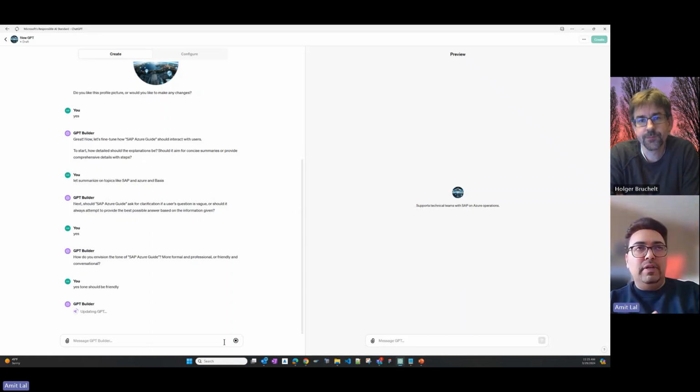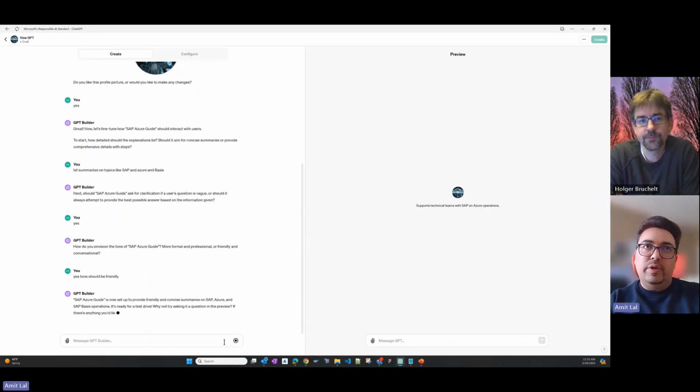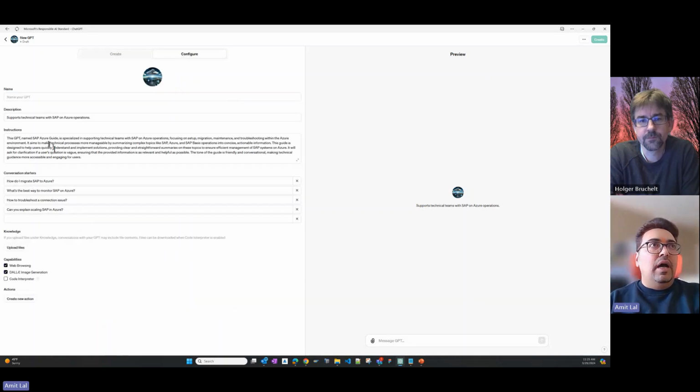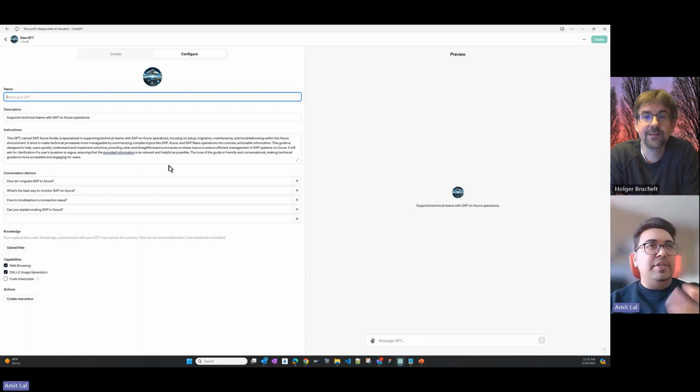Once you kick off, it starts asking questions on the particular domain. It can be any domain. You can create on Power Apps. You can create on Azure. So it's more of a domain friendly. Once I create that, I go to configuration here, and you can see you can name your GPT, and then the description automatically starts filling up based on your inputs, and all the conversation starters, the first beginner prompts, it gives you. So it's kind of getting the knowledge from you and then starts building and viewing the GPT.